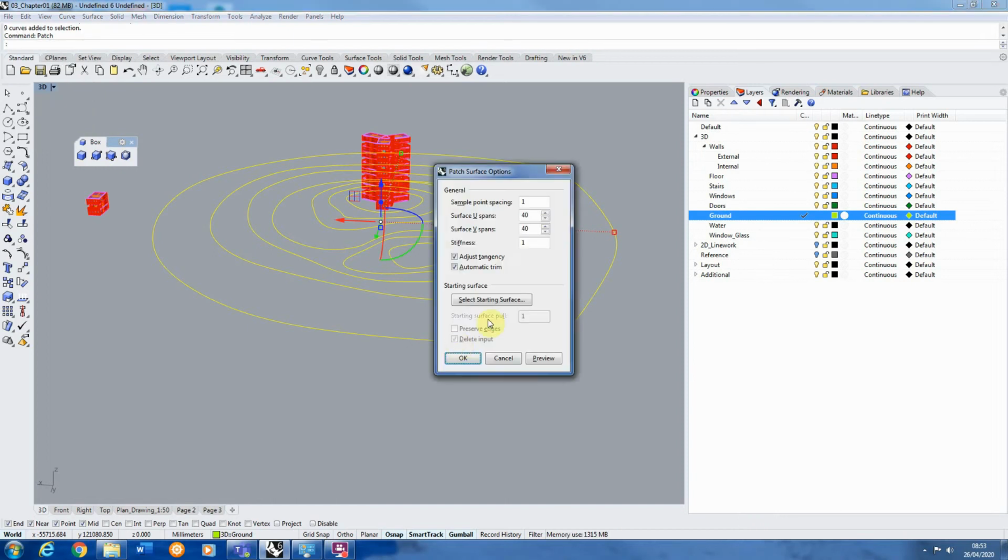So if I type it in, now the accuracy of the patch depends on this surface U span and surface V spans here. The higher that number, the more accurate your terrain piece will be, but the longer it's going to take to do. So don't put in a huge number there because it's going to probably break your computer. So I'm going to put mine at 50 by 50 for now, so you can see how it works. And then if I hit OK,